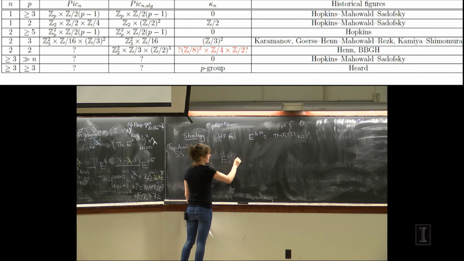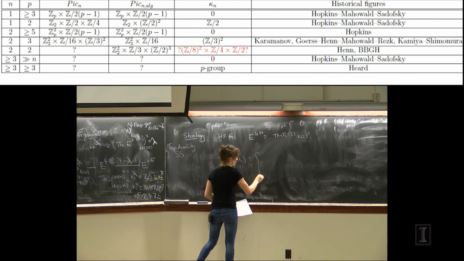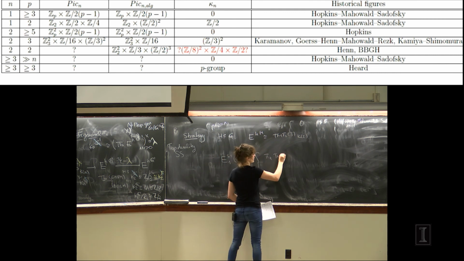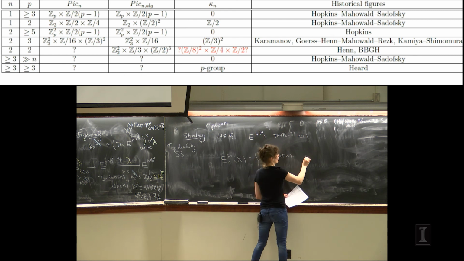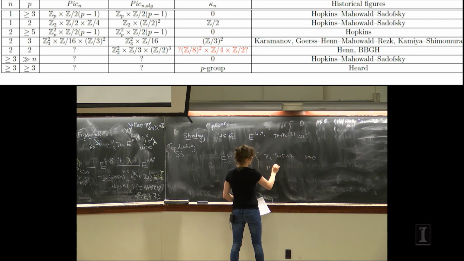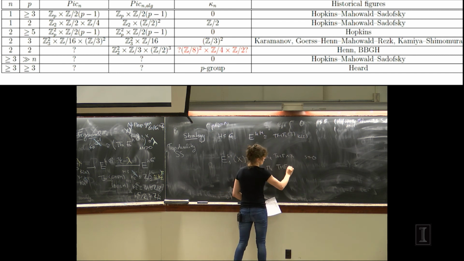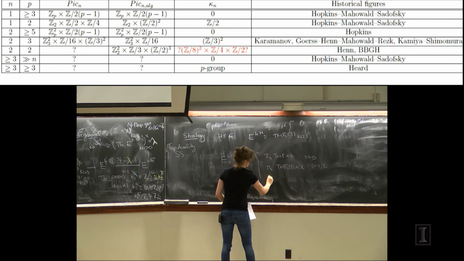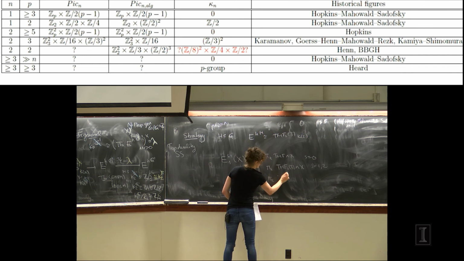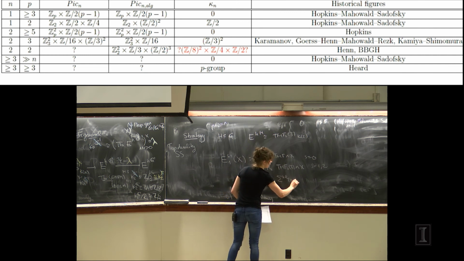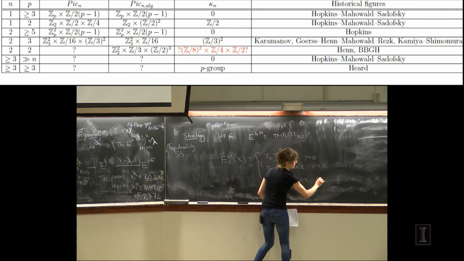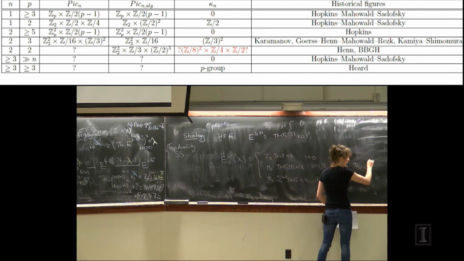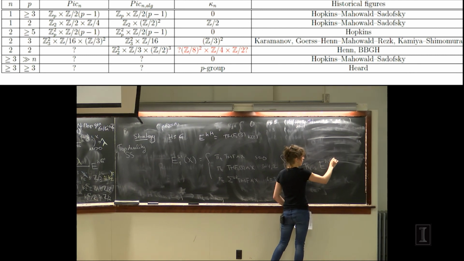The E1 page E1^{s,t}(X) is pi_t of TMF smash X if s is equal to 0, pi_t of TMF_0(3) smash X if s is equal to 1 or 2, and pi_t of Sigma^48 TMF smash X if s is equal to 3. And this converges to pi_{t-s} of E^{hG1} smash X.